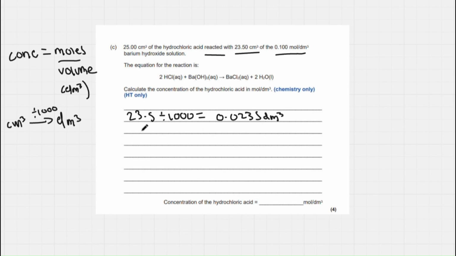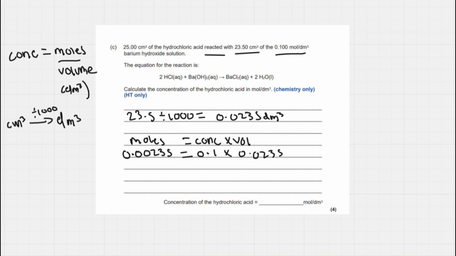Okay, now that we've converted the volume into decimeter cubed, we also now need to rearrange this equation so that we can get moles as the subject. And moles equals concentration times volume. So we get the concentration, which is 0.1, times by the volume, which is 0.0235, and that gives us the moles, which if you plug that into your calculator, you should get 0.00235